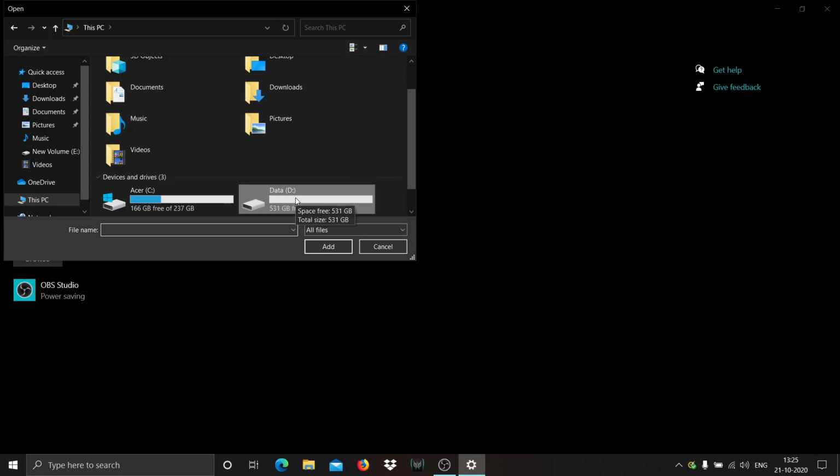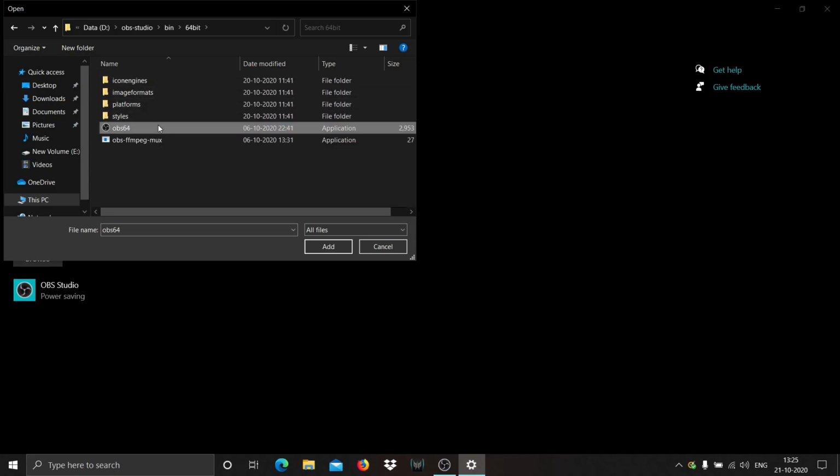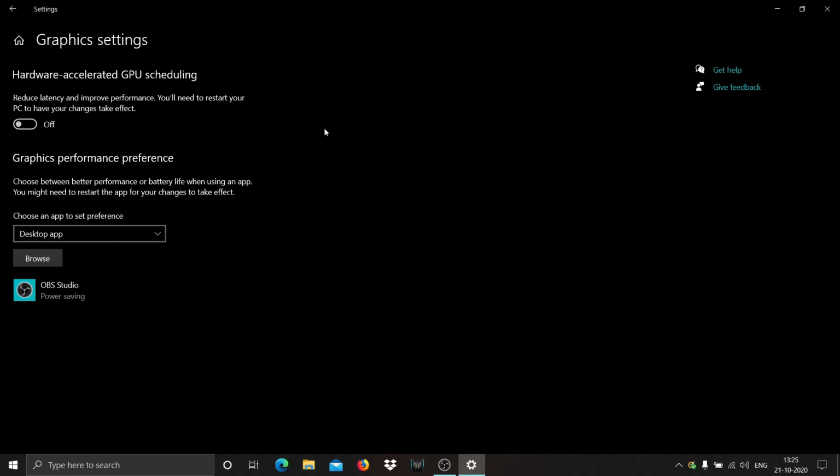First, go to the folder where you installed OBS Studio. Then go to the bin, then 64-bit, as this laptop has a 64-bit architecture processor. Then in 64-bit, double click on it, click on the OBS application and then hit enter. It will now easily record your screen. By that way you can also set it to power saving mode or higher performance or any other. By this way OBS Studio can record your screen.